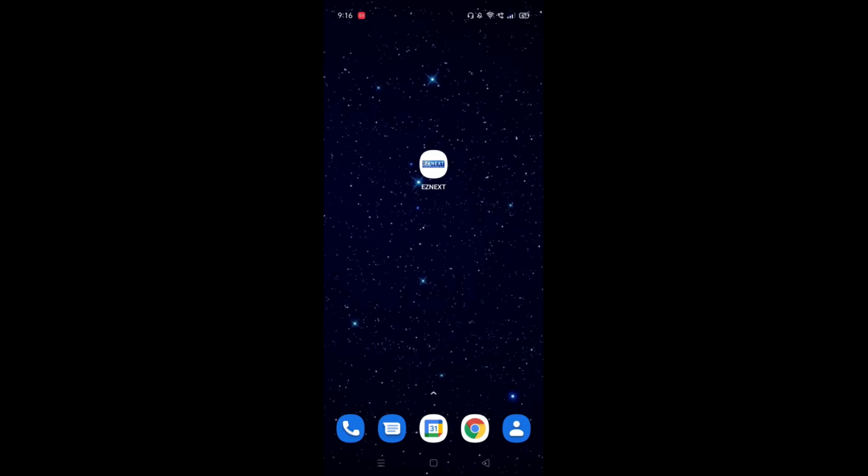You can download this app from the Google Play Store. This app is not available on the Apple Store and you have to use it on Android phones only. But if you are owning an Apple phone, you can use it on your web browser. So this app is also browser compatible and you can also use it on your laptops, your tablets as well as all your smartphones.